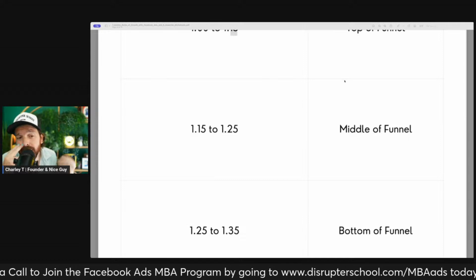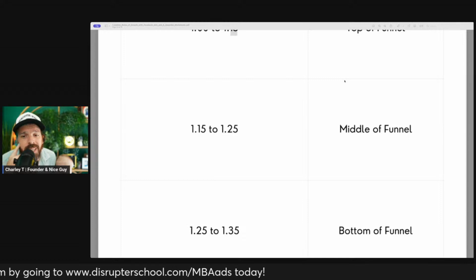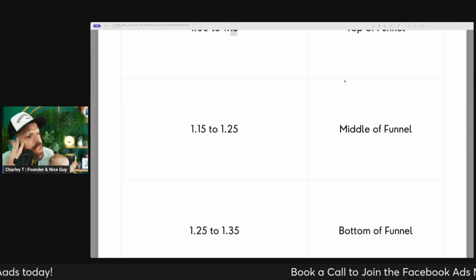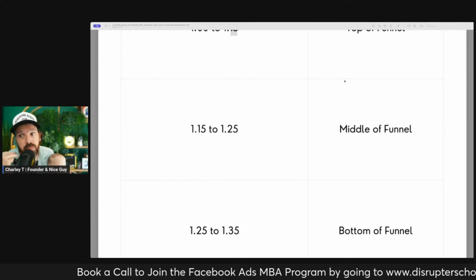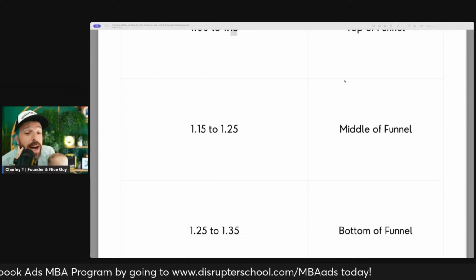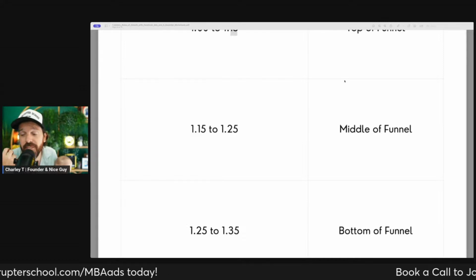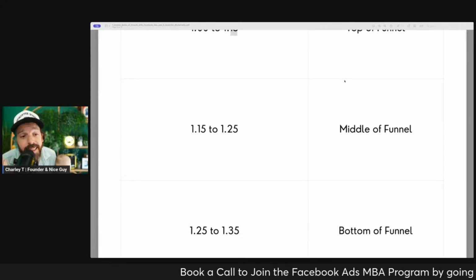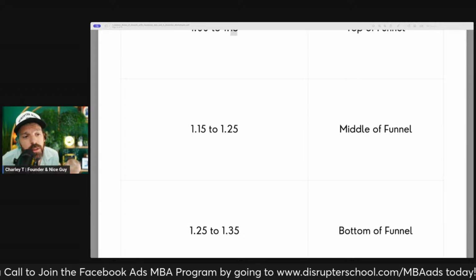Top of funnel ads, lower frequency, lower CPM, lower efficiency. That means that ad is doing its job well. If a top of funnel ad has a low frequency, low CPM, and the CPA is super great, that's an ad that's above and beyond, that's overachieving. Now, what if you have a bottom funnel ad, super high frequency, super high CPM, and the efficiency sucks, meaning the CPA is bad? That ad is a team player that is not good. Let's focus on improving that team player